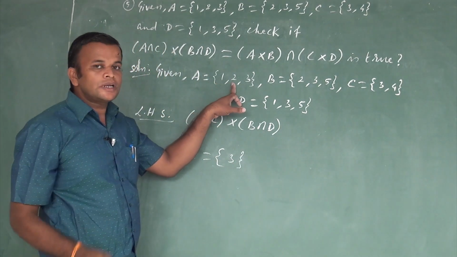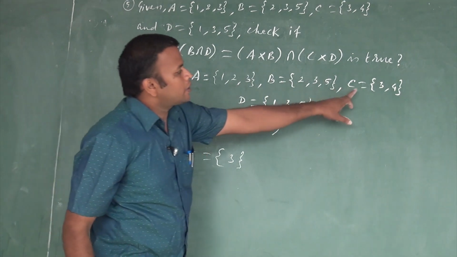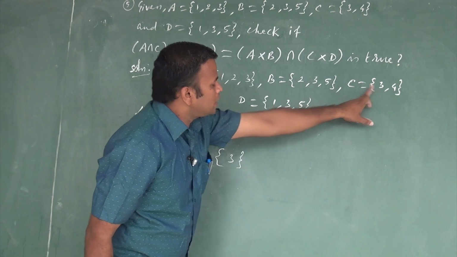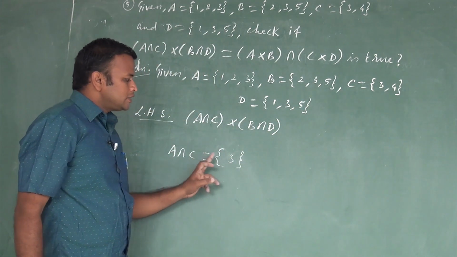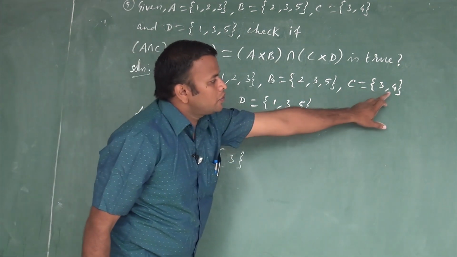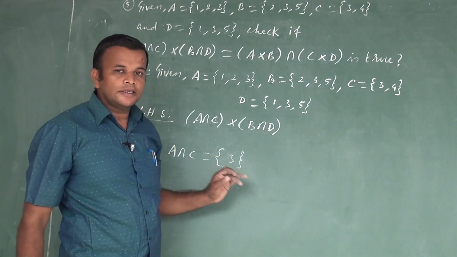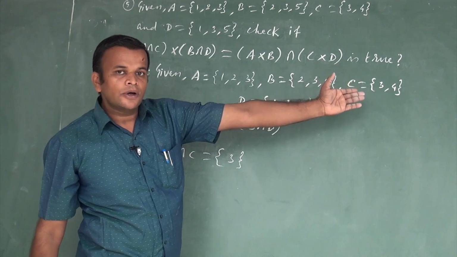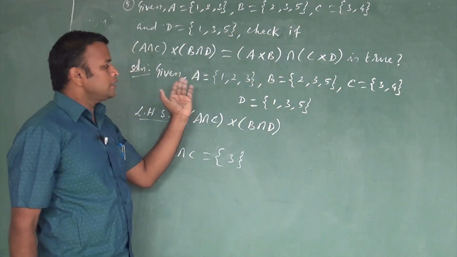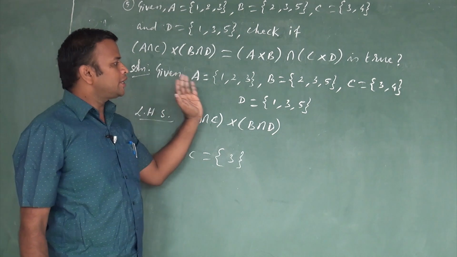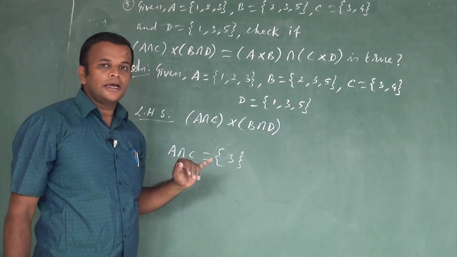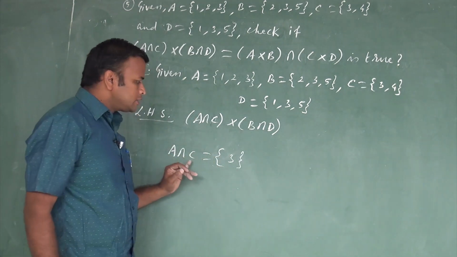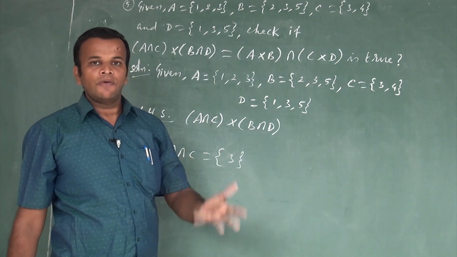1 and 2 lie in A, but do not lie in C. You see, the number 3 is common in A and C, so A intersection C is {3}. The number 4 does not occur in A intersection C. Why? Because the element 4 lies only in C but not in A. So the common element in A and C is only one element, 3. So first we find the set A intersection C. Next we find